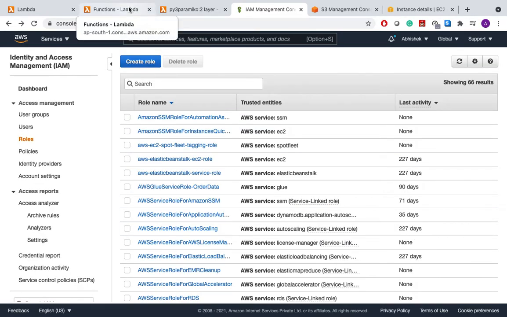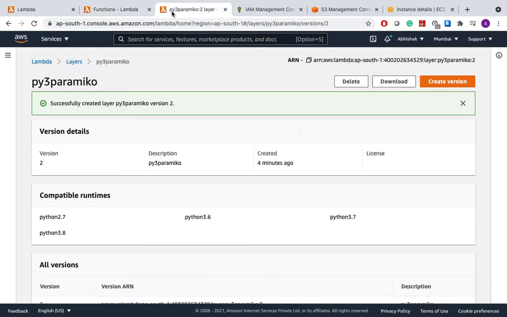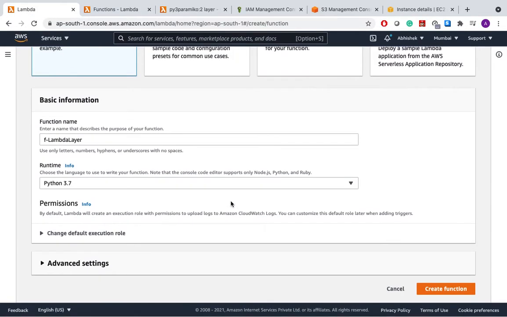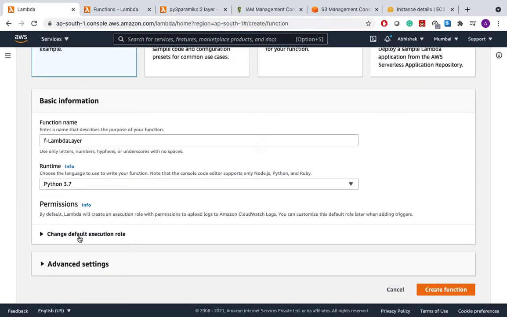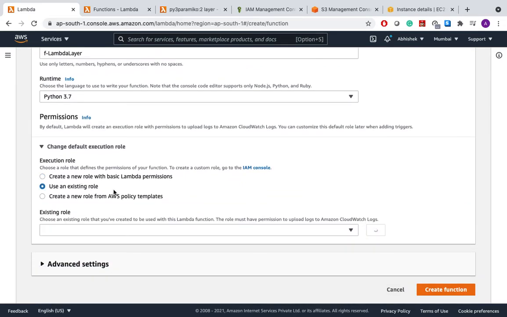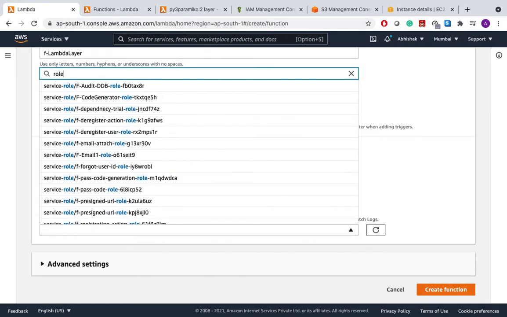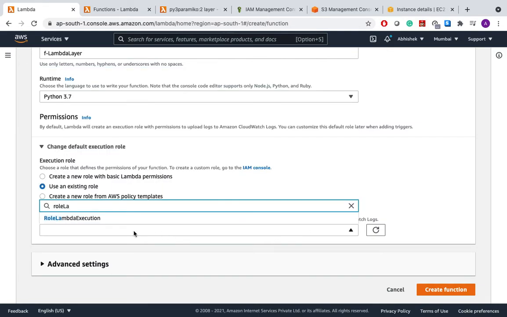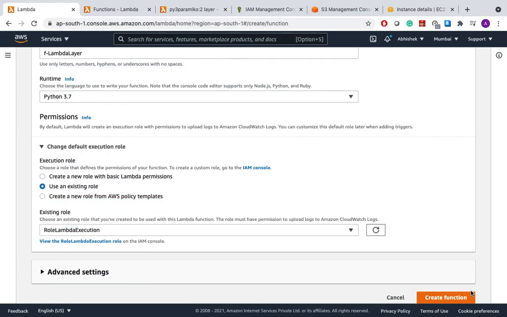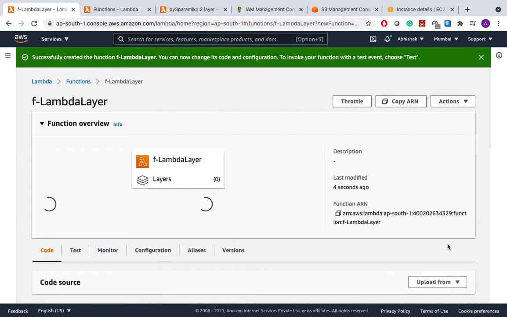Okay, so let's go back to our function and see if we have that role visible here. Okay, so we have the role Lambda execution and then create the function. Okay.